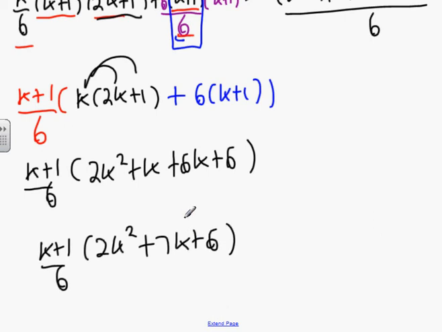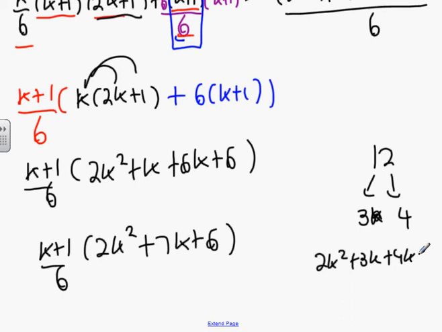There's a reference number here, the reference number being 12, which is the same thing as 3 multiplied by 4. So if I just factorize this in the corner, it's going to be 2k squared plus 3k plus 4k plus 6, k into 2k plus 3, and then the other one is going to be